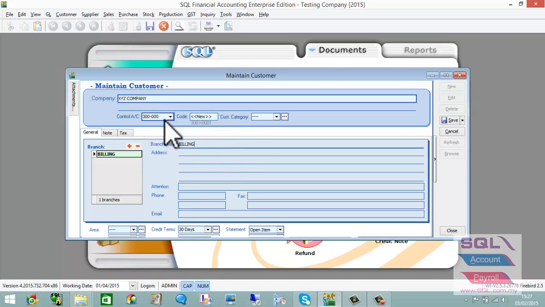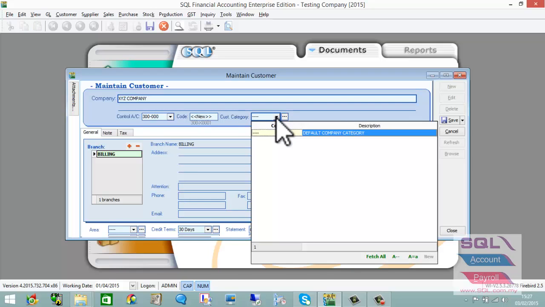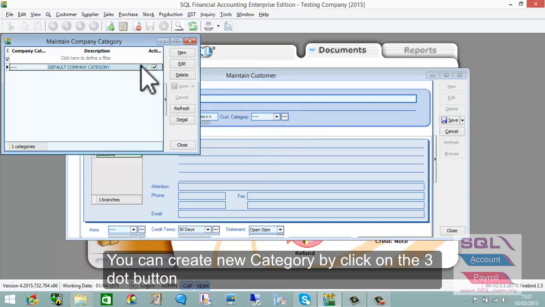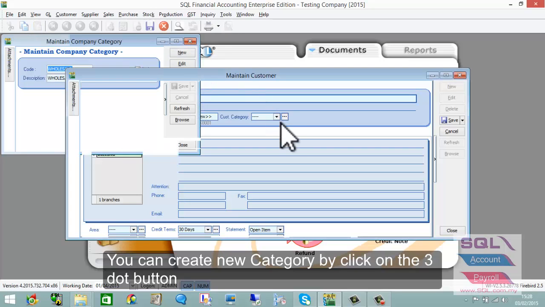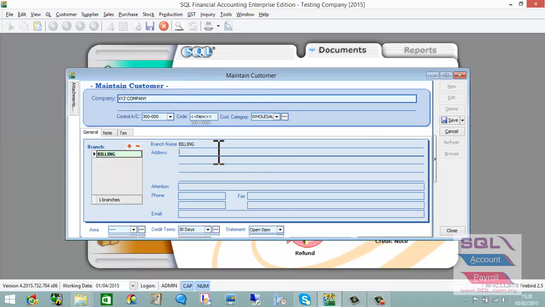And further, you can of course set whether it's a trade debtor or sundry debtor. If you have preset it in your chart of account, you can select it under different customer categories. If you do create a different customer category, for example, wholesaler, once you create it using the 3 dots, you'll be able to select wholesaler. And of course the address, 1234 Jalan, or road, 1234, and which area, maybe a zip code, and of course a state, maybe in Selangor,